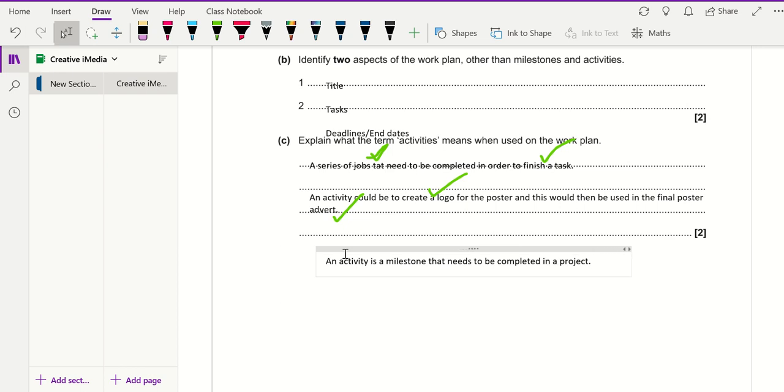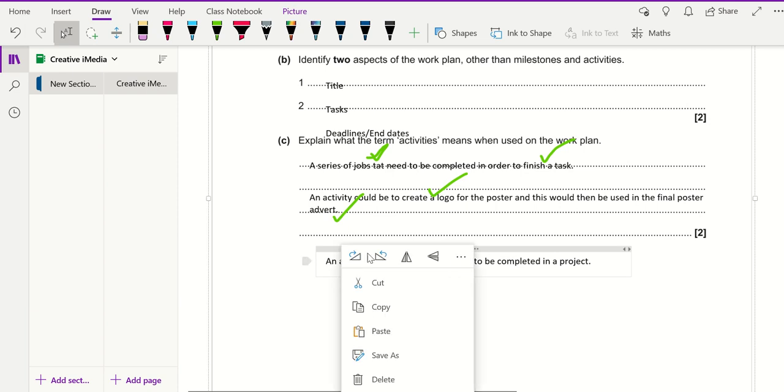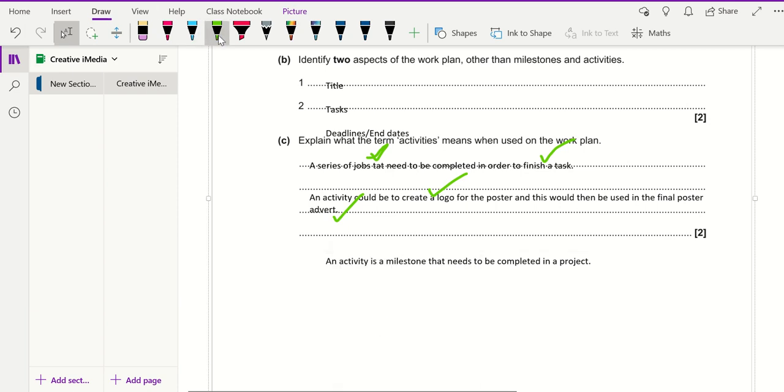Once again, you're demonstrating that you understand that an activity is part of a larger task. All we've got here is a milestone that's part of a larger project, and that gives you the mark as well.